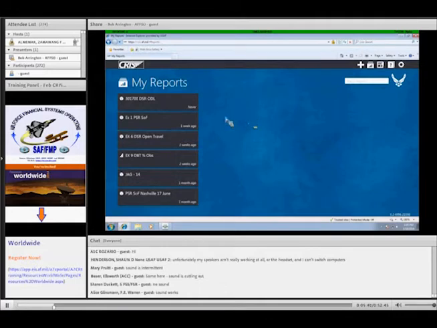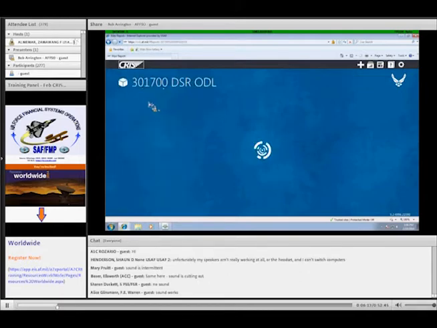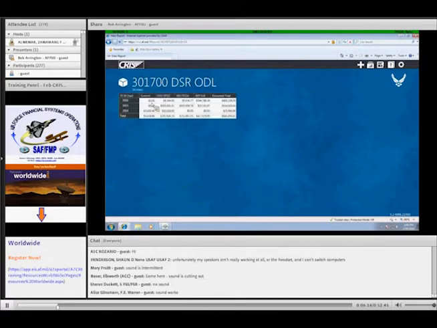I have a query here. It's a DSR perspective query, and it's my ODL, my Open Document Listing. And it's for RCCC 301-700. Okay, and I just picked that one at random. It's got some good data in there. I'm not meaning to pick on anybody, but I put in the name of that query, 301-700 DSR ODL. So I'm going to left-click that, and it's going to run the query, and here are my results.